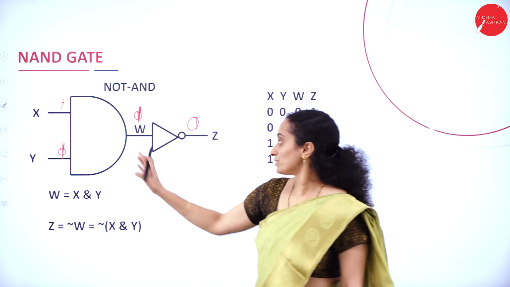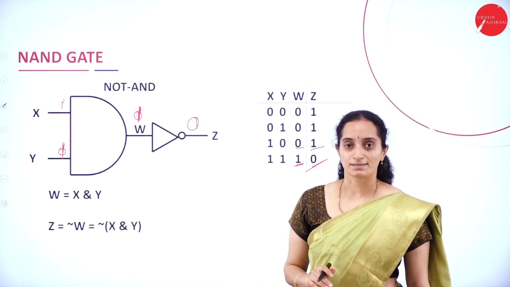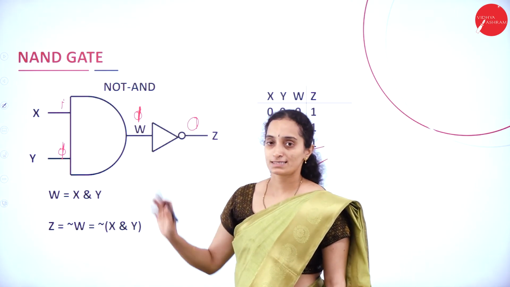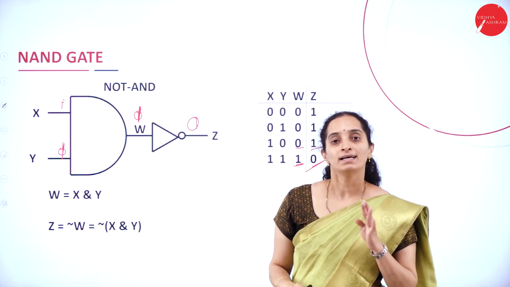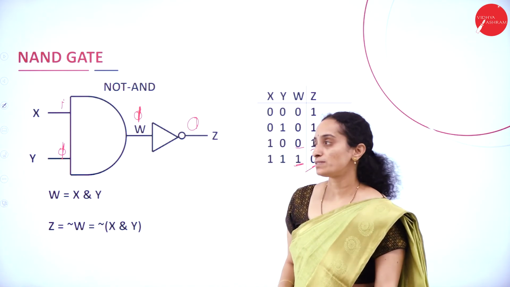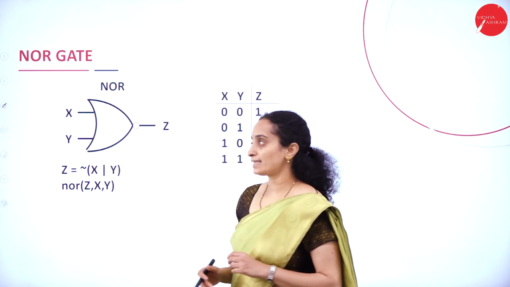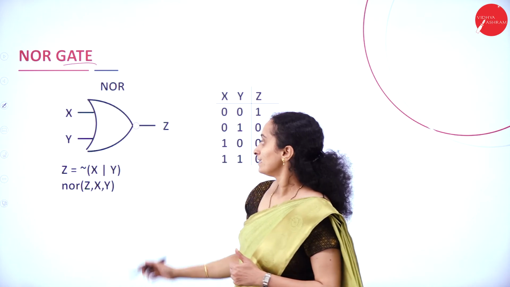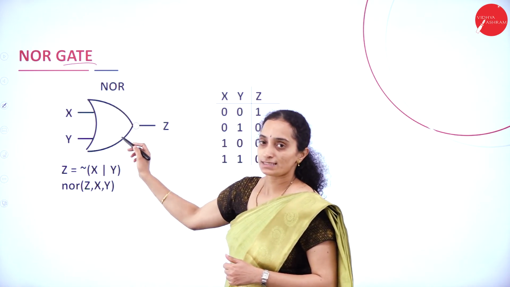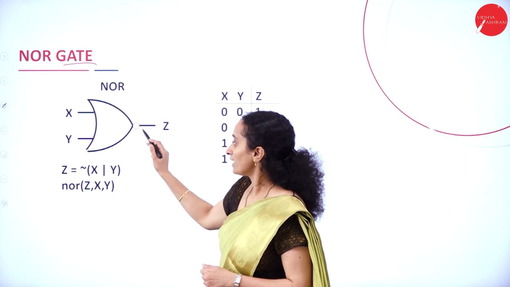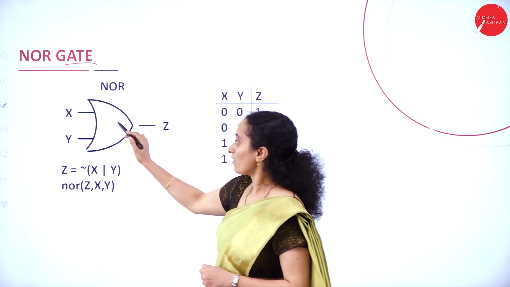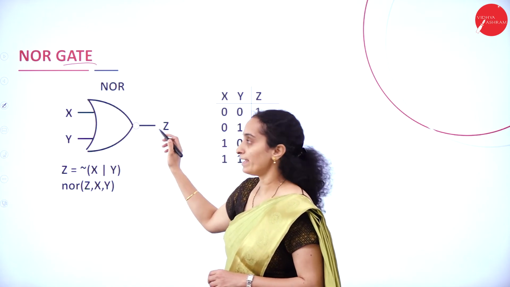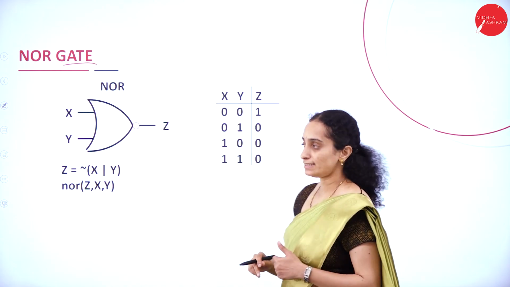Okay. You are using 2 gates here. The AND gate with a circle represents this diagram. The NOT gate plus AND gate forms the NAND gate. The next gate is the NOR gate. The NOR gate representation is like this, with a circle. Again, the NOR gate has 2 inputs X and Y producing an output Z.